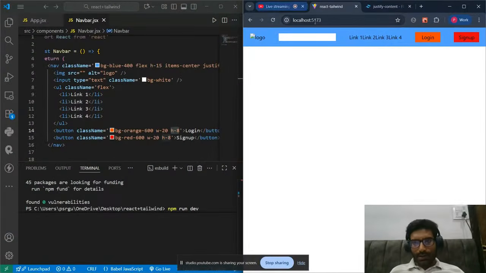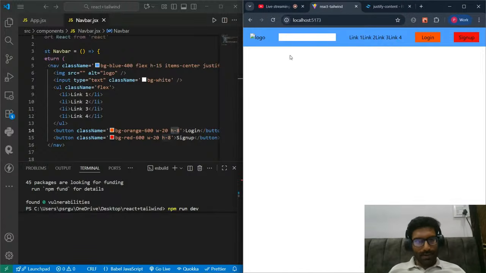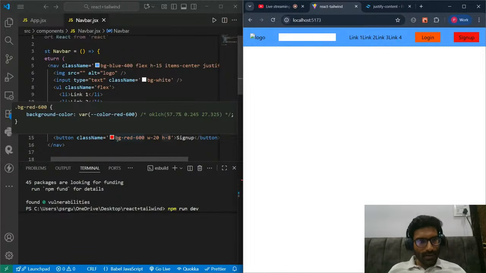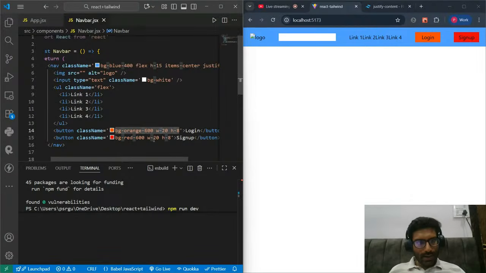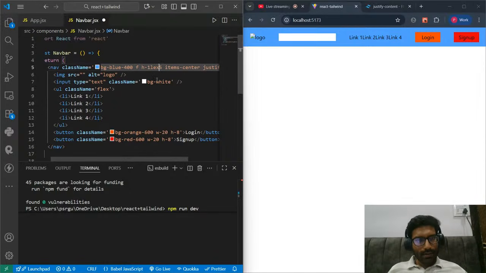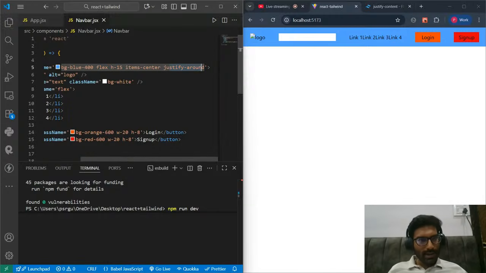So this is the navigation bar that I have made, and this is simple CSS. Background color red, background color orange, width 20, height 8. Then background color blue, display flex, height 15, align items center, then justify content space around, background white.